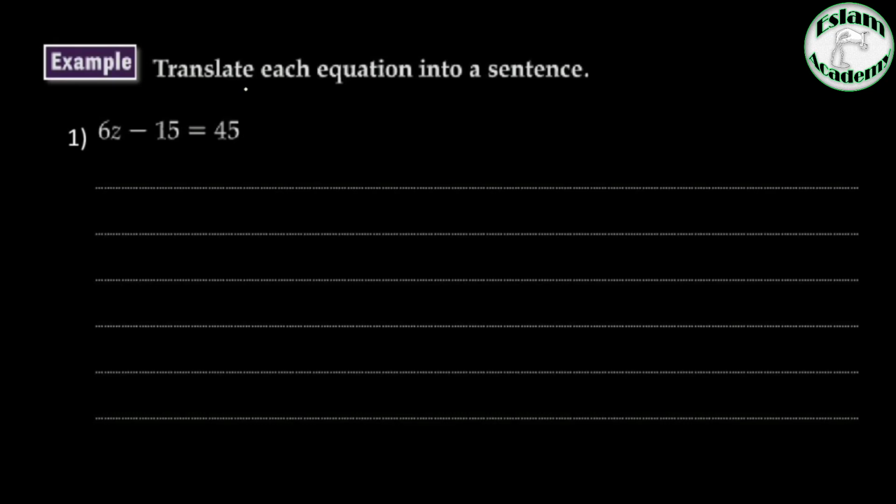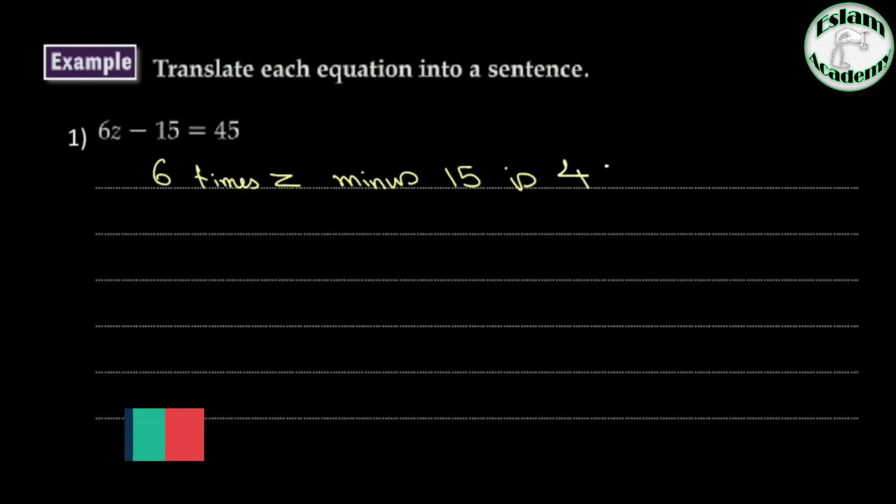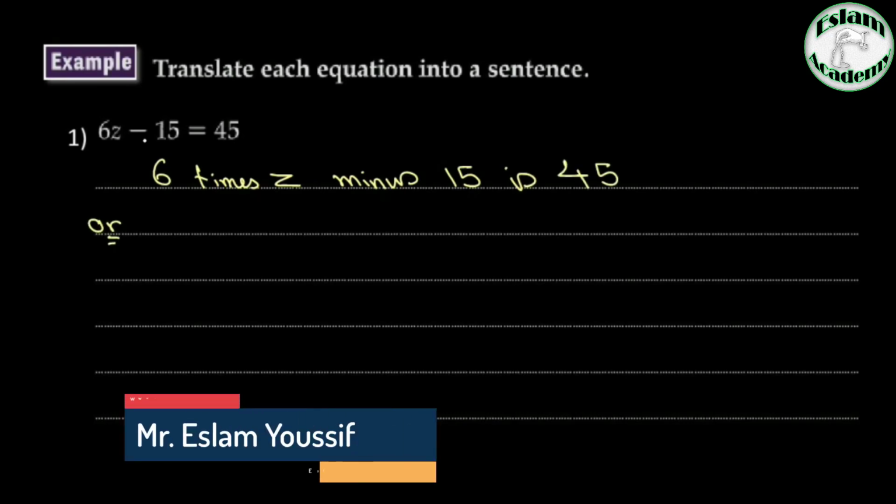In this problem, we need to translate the equation into a sentence. 6z minus 15 equals 45. So we'll start from 6z. 6z means 6 times z. So we can start with 6 times z minus 15 is equal to 45. Or we can say it in a different way, because we have minus, so we can say 15 less than